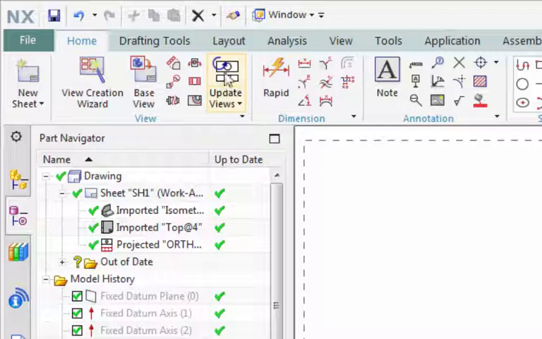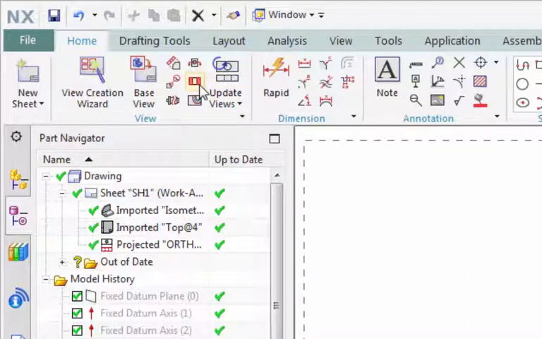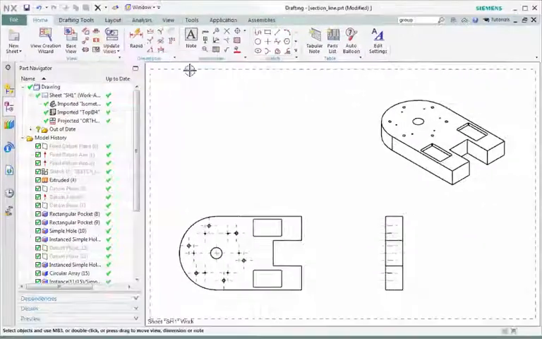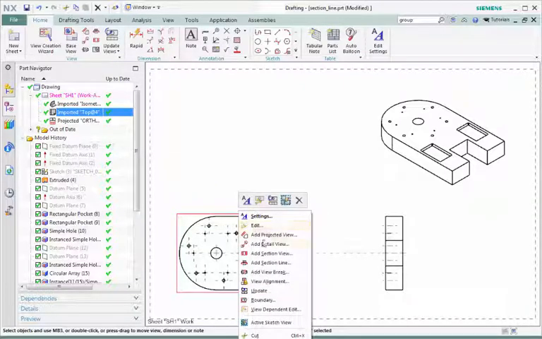The command is located on the Home tab View group next to the Section View command, and you'll likely select it by accident due to its similar appearance to the Section View command. The Section View command icon depicts only a section cut without a line. The command is also available on the pop-up menu, so I'll instead pick the parent view first, right-click, and select